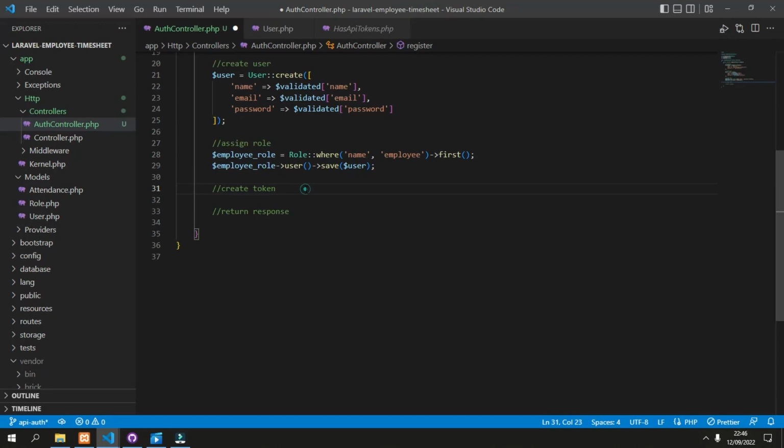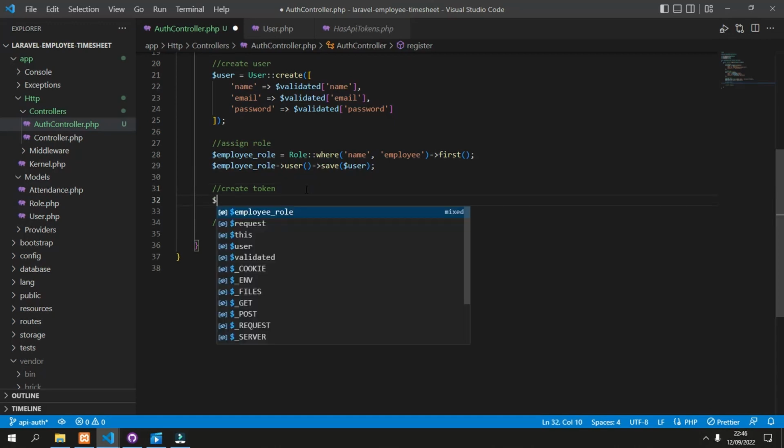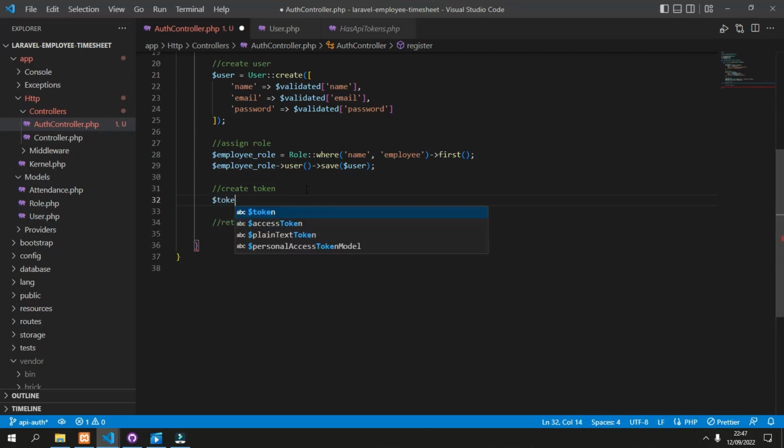After we assign the role, the next step is we create the token, and let's save the token object in this variable.